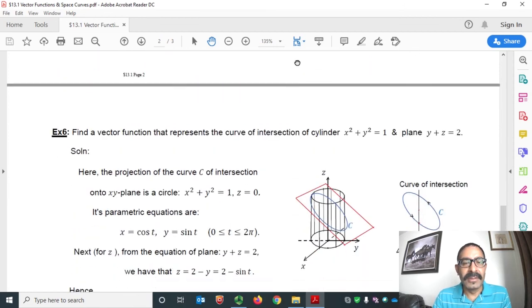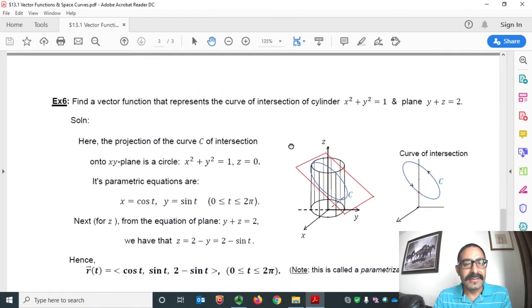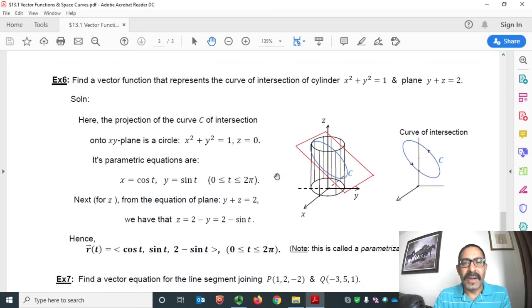Now let's move on. Example 6. Find a vector function that represents the curve of intersection of the cylinder and plane. So here the cylinder is x squared plus y squared equals 1. So that means z can take any value. So here is x squared plus y squared equals 1, this circle, and I can extend this toward the positive z here,